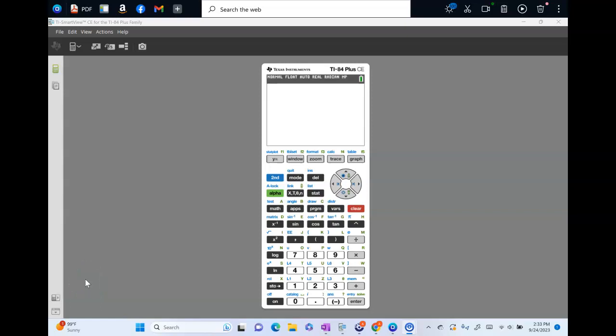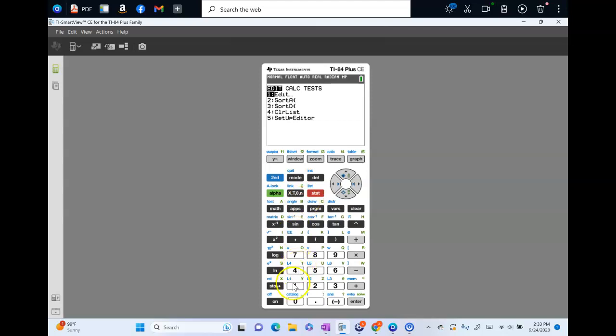Hello everyone, today I'm going to be showing you how to get the equation for the line of best fit with your calculator. Okay, so the first thing you want to do whenever you're working with scatter plots and you have some data, some information, is type in your data points into the calculator. So to type in your data points, you're going to go to Stat,